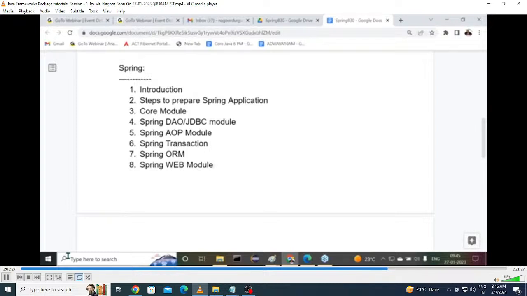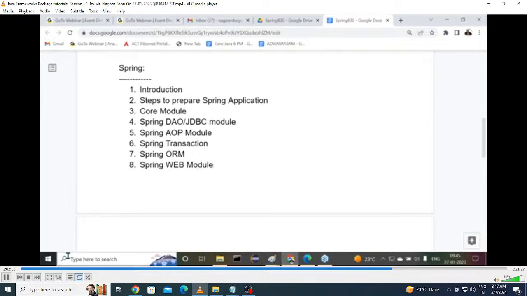I'll show it. You may not be aware of Struts and JSF, but don't worry. I will give the basic information of the Struts framework, how to prepare a Struts application, then how to integrate the Struts application with the Spring application. We are going to understand that clearly. But before that, understand that Struts and JSF are all MVC based frameworks, model view controller based frameworks. Applications prepared on Struts and JSF are integrated with the Spring framework just by using the Spring Web module.